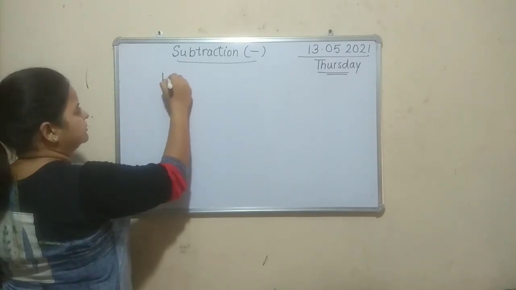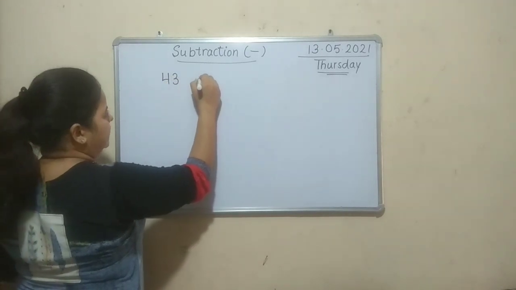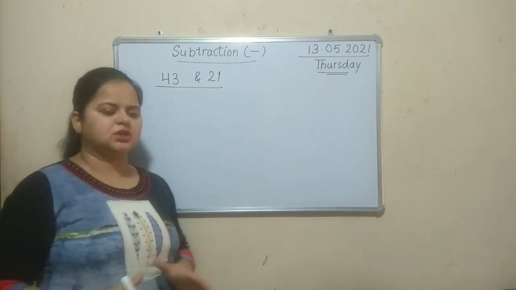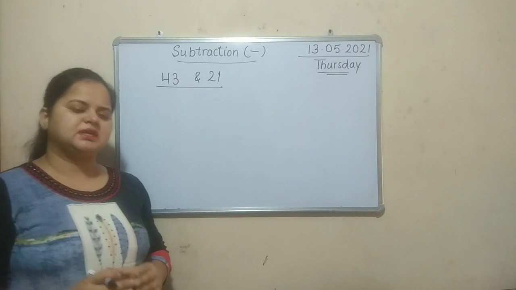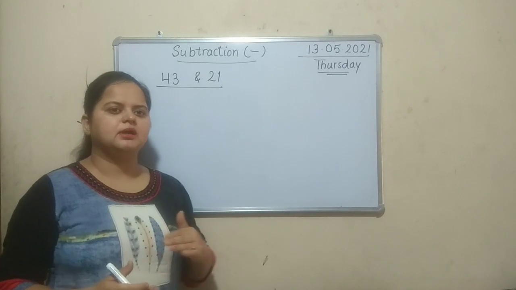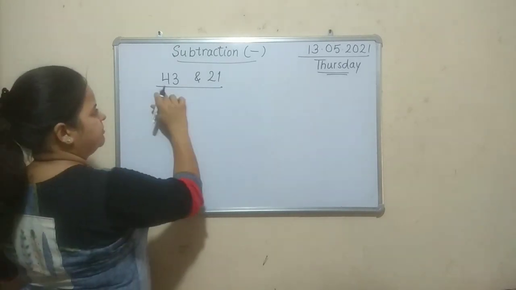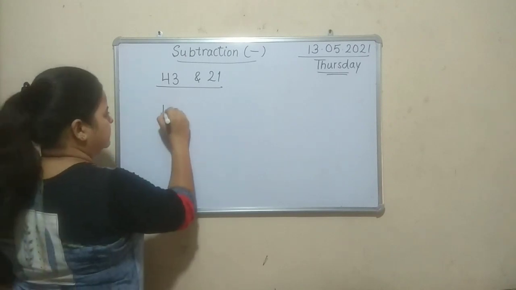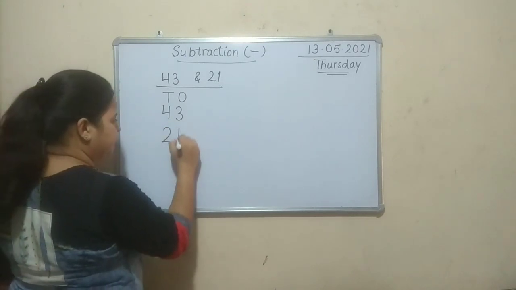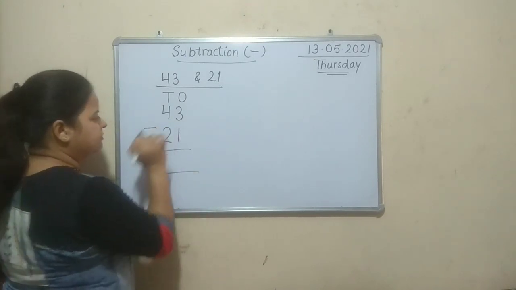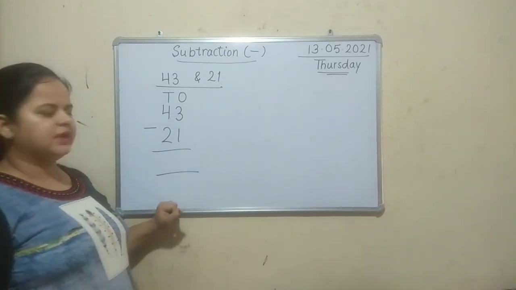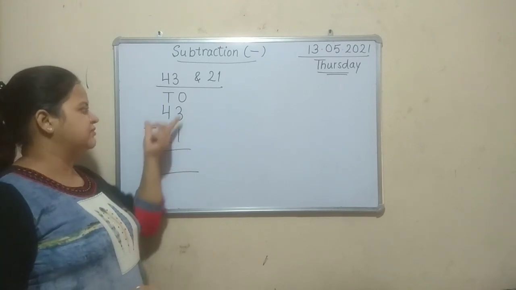We have these two numbers 43 and 21. We have to do the subtraction now. Subtraction के टाइम हमें क्या माइंड में रखना है कि हम बिगर नंबर को ऊपर राइट करते हैं एंड स्मॉलर नंबर एट द बिलो. So which is the bigger number? 43. So 43 we will write first and 21 below that. And here we will make the sign of subtraction. Okay, understand? And now we have to find the difference between these two numbers.